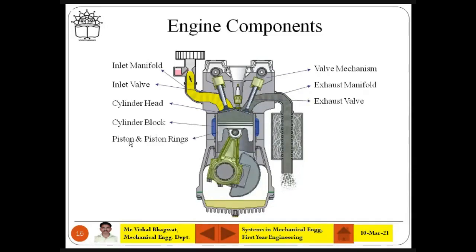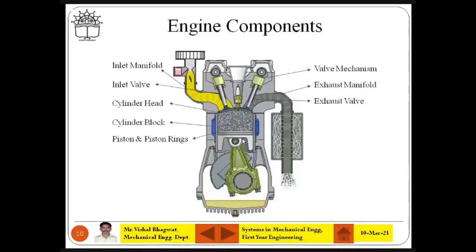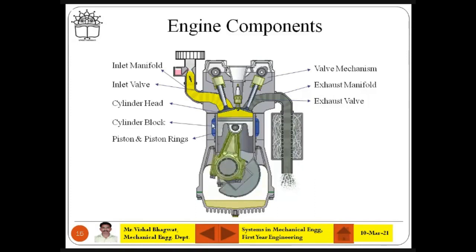Fine. The piston and piston ring. You are watching this thing, no? This is reciprocating inside the cylinder, up and down. That is nothing but the piston. And one more part on the piston, you can see the dark horizontal lines. Those are actually piston rings. Just as you wear a ring on your finger, similarly there will be rings on the piston. Now, what is the meaning of a piston ring?